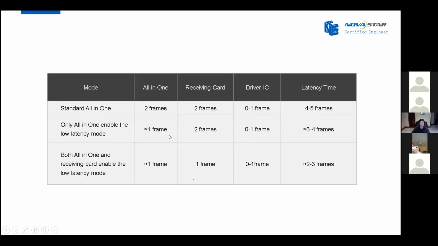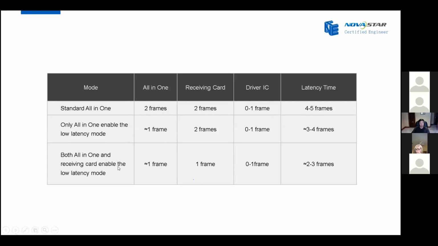It's a little bit higher than 1 frame, but we can just take it as 1 frame. It's very close to 1 frame. And on the receiving card, when we enable low latency, it also changes from 2 frames to 1 frame of delay.